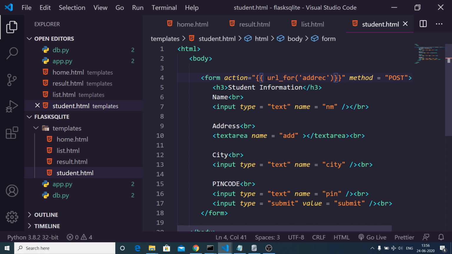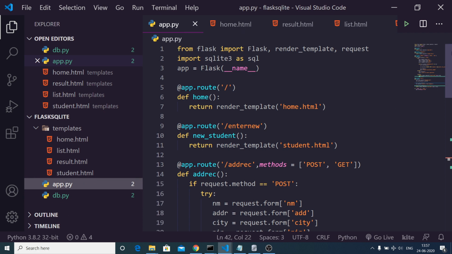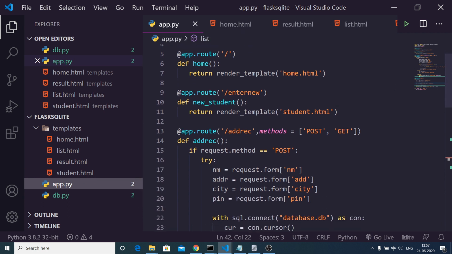Just wait, guys. Inside this we have this add record property. So URL for add record. If you go to your app.py file, let me just see, guys. Just wait, add record.